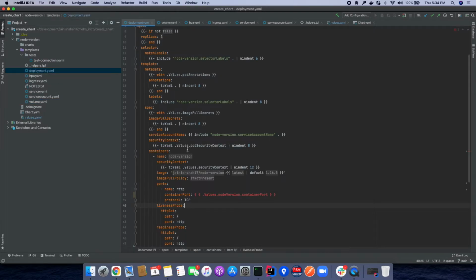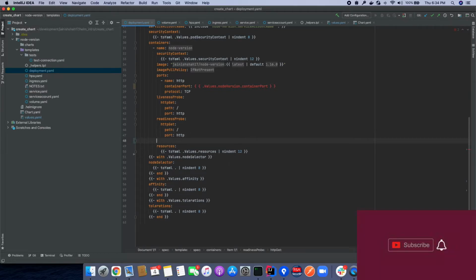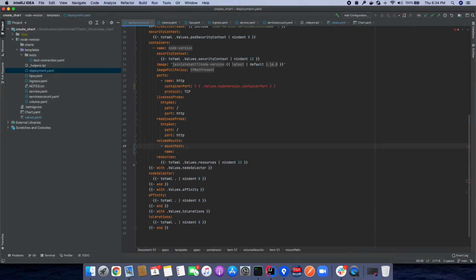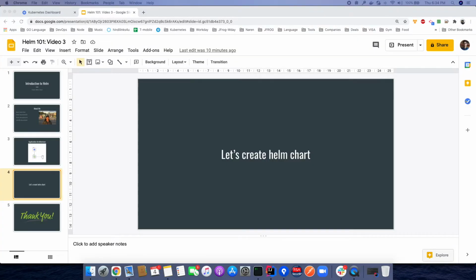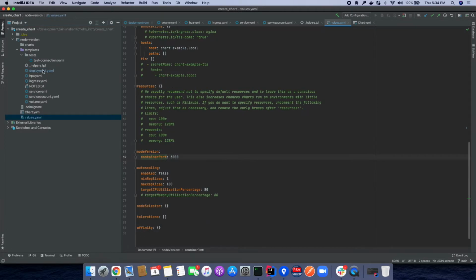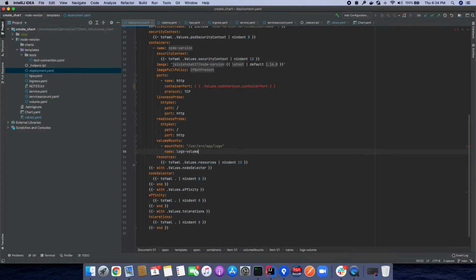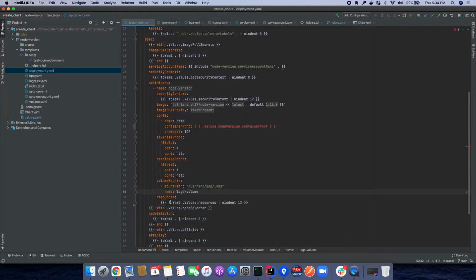Now let's go back to deployment, and we will attach the volume to the deployment. So parallel to resources, we will need to add volume mounts, and we can say the mount path. For my case, let me just quickly check. So yeah, it's /usr/src/app/logs. That's where my application writes the logs. I am going to use the same name that we have provided in the volume.yaml file, which is logs volume. I'm saying logs volume, and now we also need to specify